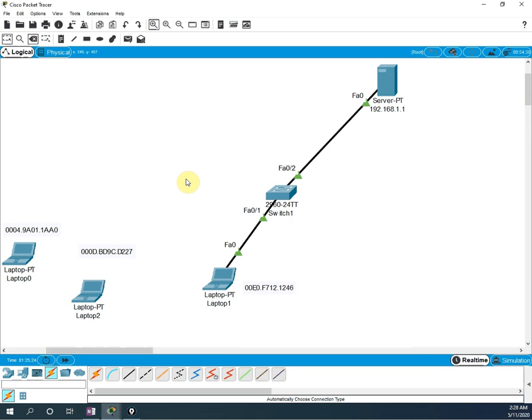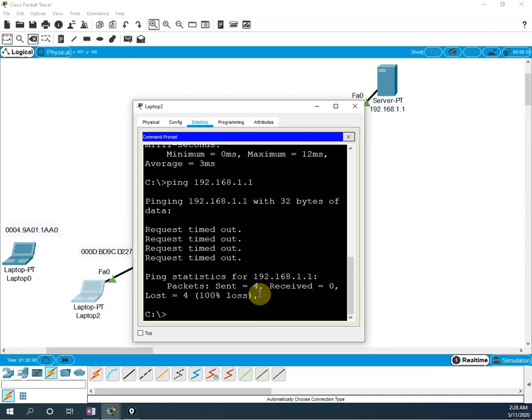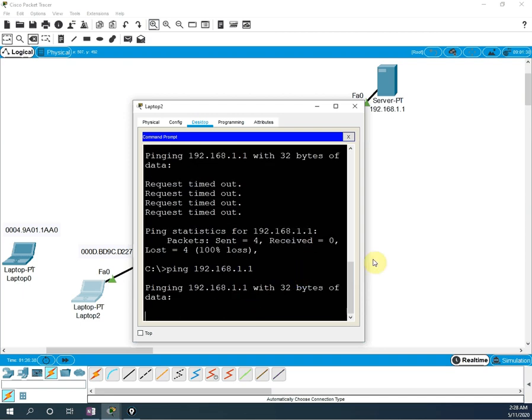Okay, so I will disconnect this cable. After doing that configuration, I will take this cable and connect this guy to this. Okay, so now he will open this one and try to ping, and see, the ping reply will not come and the port will not go down also.